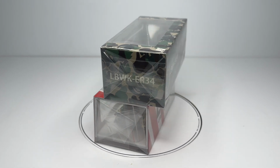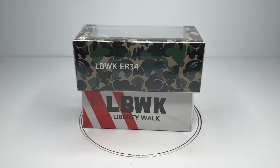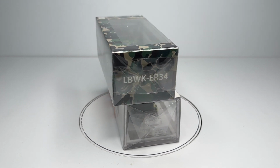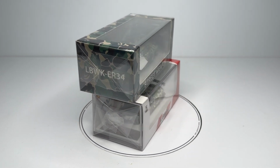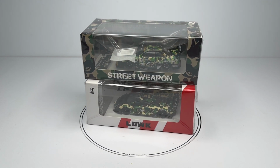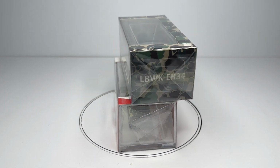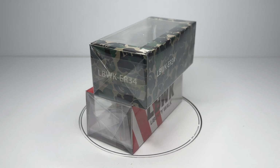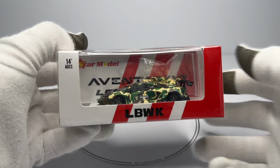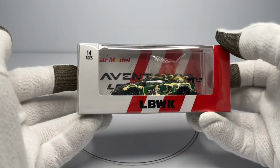Bape is a legendary Japanese streetwear brand. Bape stands for A Bathing Ape, and the company is very well known for these bold graphics and camouflage patterns. They do a lot of high profile collaborations, and very often they team up with car builders such as Liberty Walk, and of course they do a lot of different kinds of diecast. They do race cars, and they do a lot of modified cars as well. So I'm starting off with this really awesome Liberty Walk Lamborghini Aventador, and we're going to go in